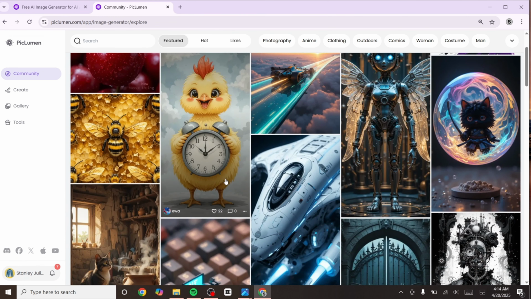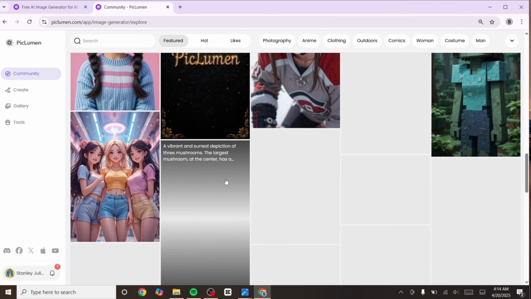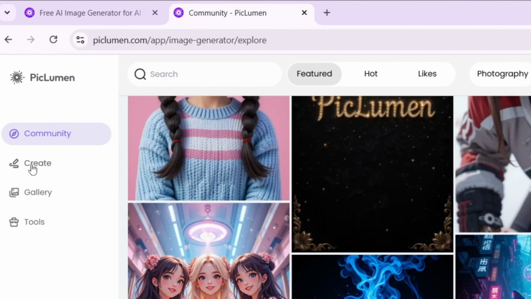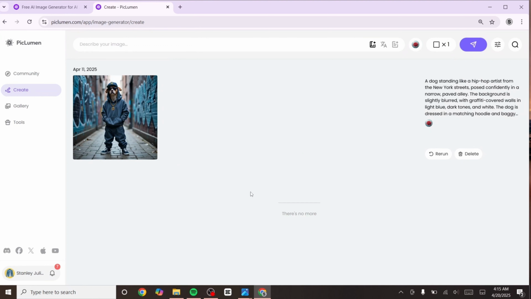After logging in, you'll land on the Community tab, showcasing thousands of images generated by creators worldwide. Click on the Create tab to begin your own design. Now, in the prompt bar,